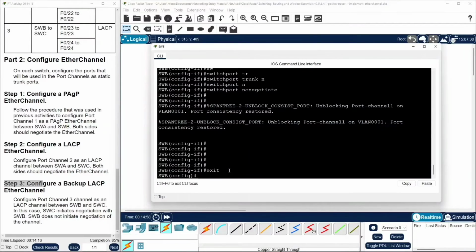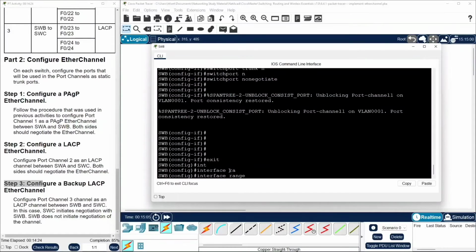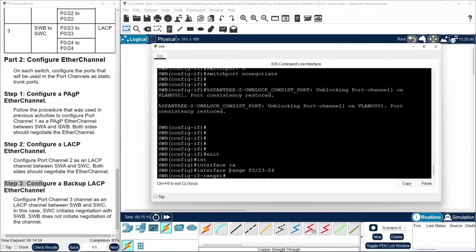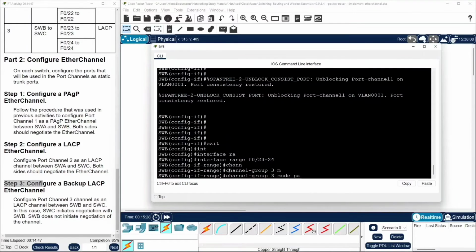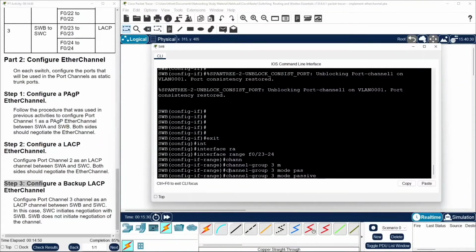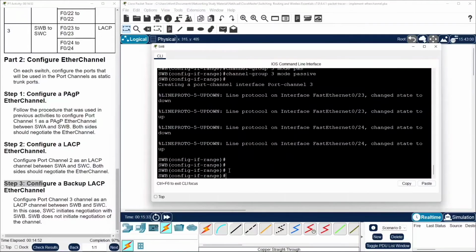So we need to go to interface range FastEthernet 23 and 24. Channel group 3. Mode passive, because it's not going to be negotiating. Okay. Then we get out of this and we go to the